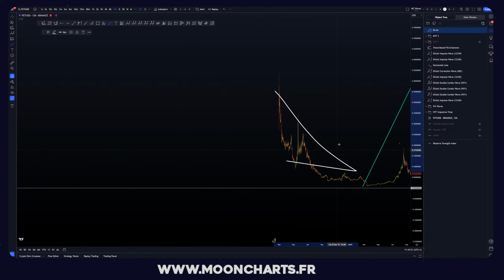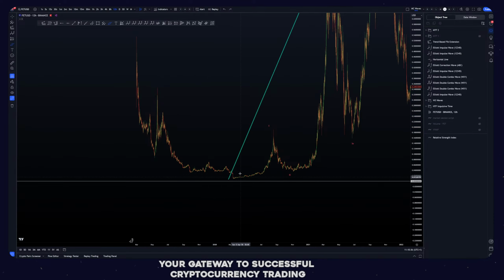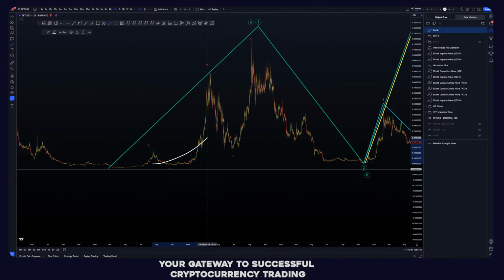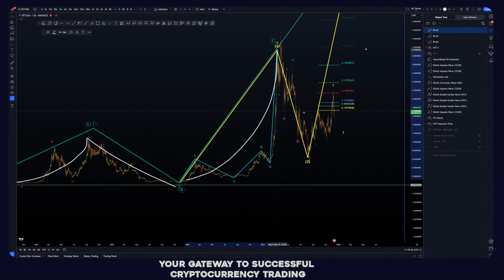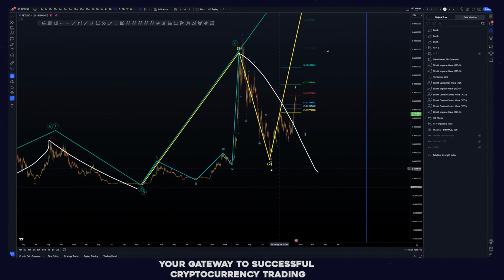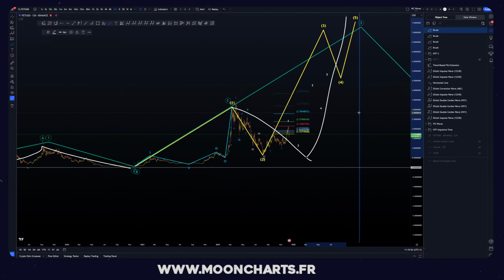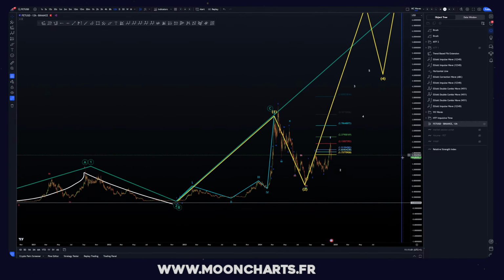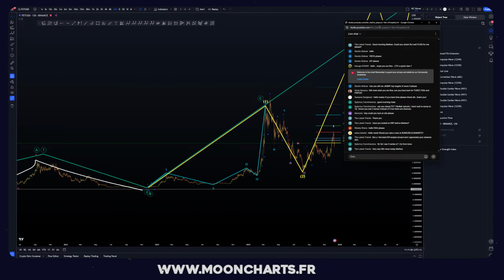Dump. Oh, I drew a triangle like this, but I didn't want to. Anyways, dump, pump. You see, dump, pump on a higher time frame. Dump, pump. Again, dump. Maybe we're going to get a bigger dump, but if crypto is not dying, this is just a matter of time. Pump. So if it's not now, if it's now, that's good. If it's later, it's okay too. But it's going to pump in any case at some point,